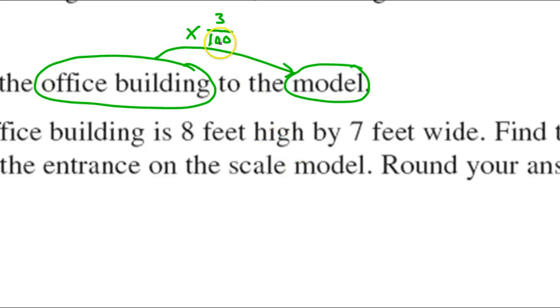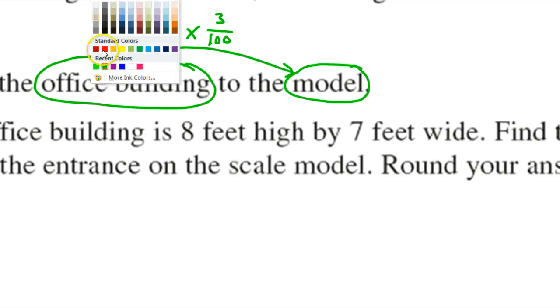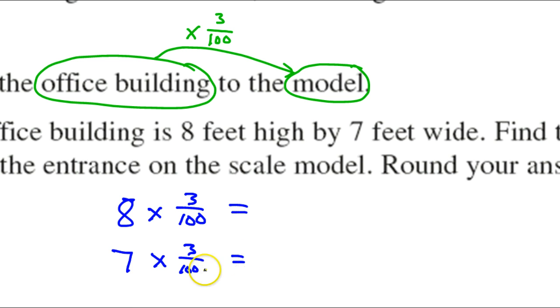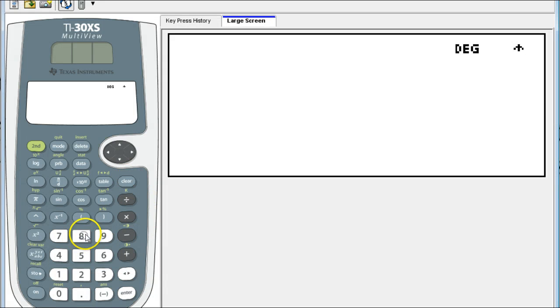Well, we just found that the scale factor that changes real lengths on the office building into tiny little lengths on the model is 3/100ths. So if we take the 8 and the 7 and multiply by the scale factor, we should get our tiny little model dimensions. So if we take the 8 and multiply that by 3/100ths, let's see what we get. And if we take the 7 and multiply that by 3/100ths, let's see what we get. Okay, so 8 times 3/100ths,